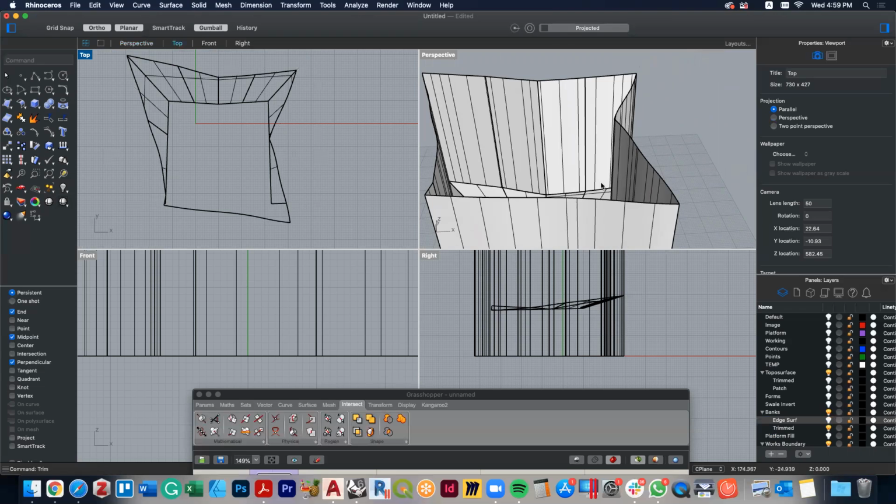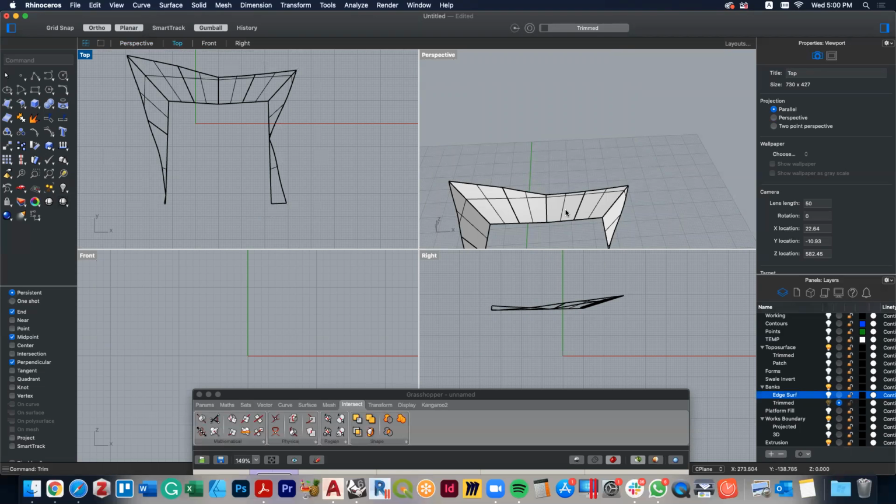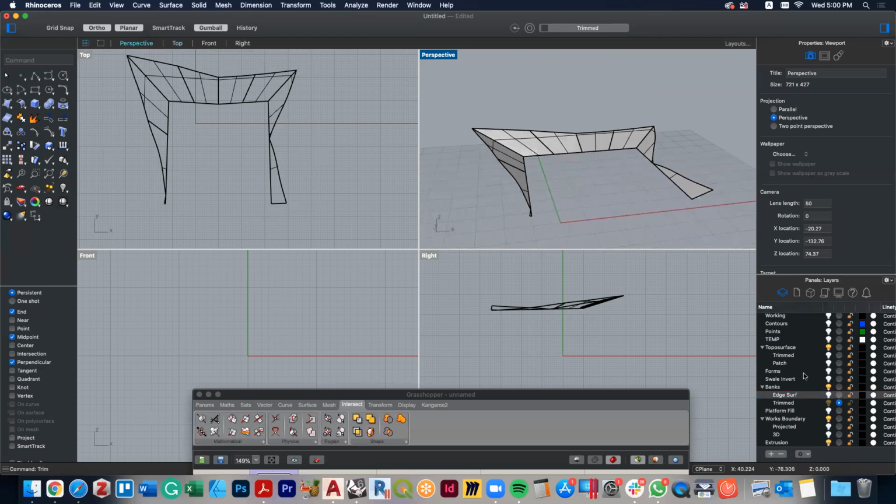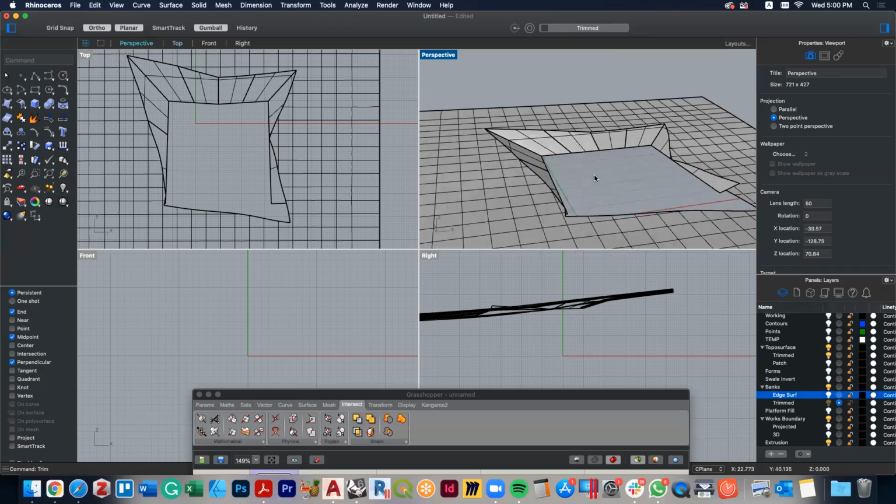What I now have, let's turn off the extrusion of the works boundary. Let's make trimmed here current, and let's turn off projected, which was supposed to be called something else. So then if we turn on the topo surface, you can